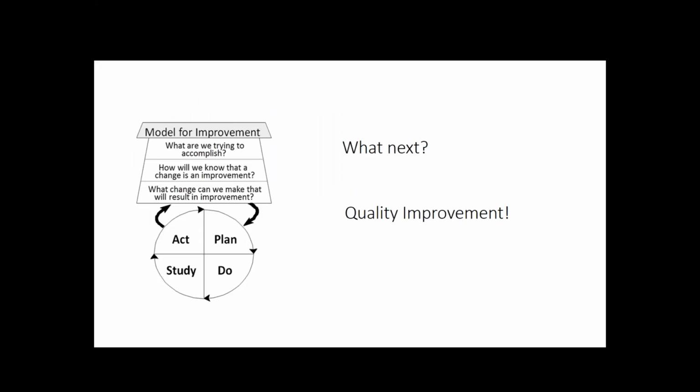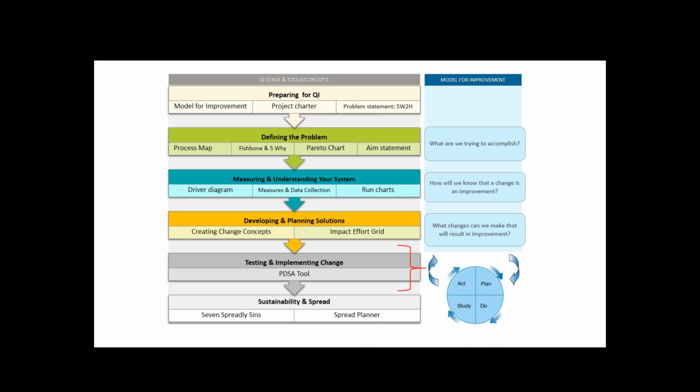So what's next? Well, that's quality improvement. We have these big flags showing us that there's something maybe that's not as good as we'd like it to be. The next step is to then try to make improvements on that. And E-QIP and of course CMHA Simcoe have adopted and used the model for improvement, which is a framework to walk through